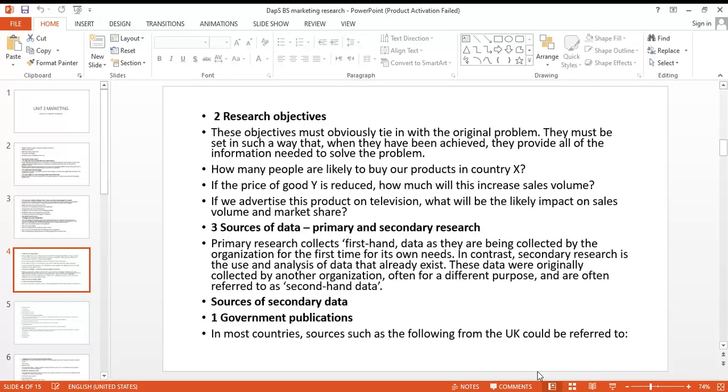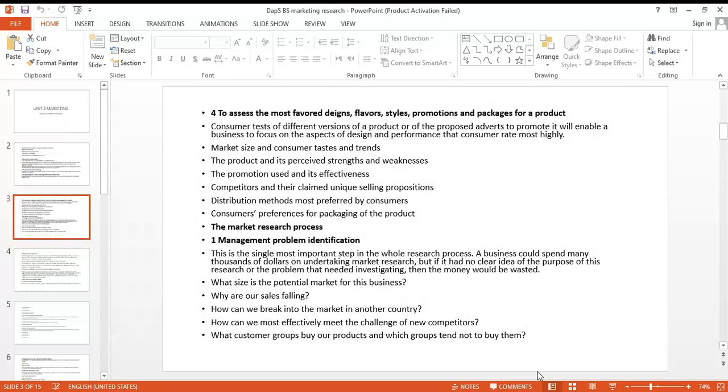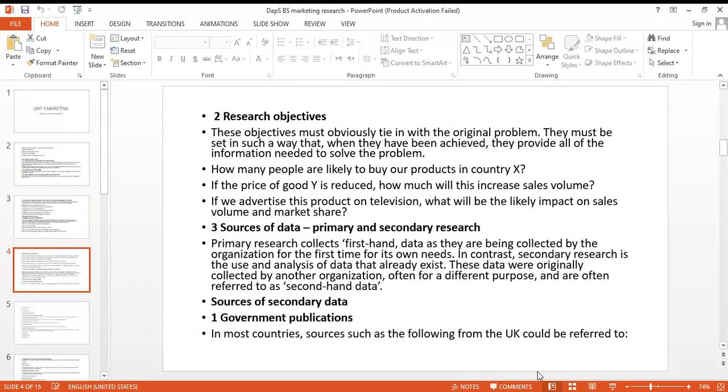Secondly, the thing which should be clear in your mind is the research objective. Okay, tie this problem to the objective. If I reduce the price, will I be able to meet the competitor's position in the market? If I do more advertisement, what impact will that have on me vis-a-vis my competitor? So the research objective has to be really clear. And obviously, as I already said, this research objective has to be linked to the basic management problem which was earlier identified.